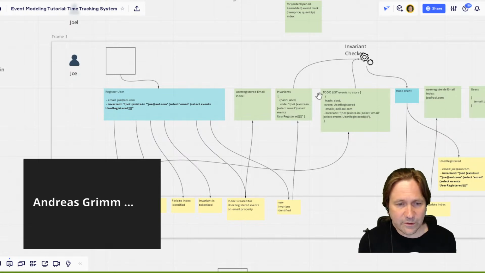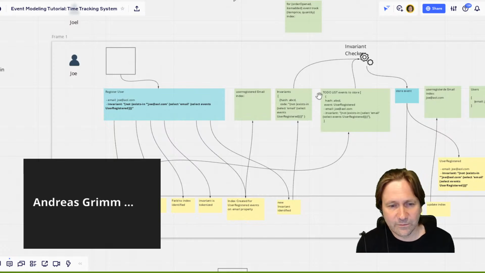Let everyone know, we're not going to be getting into this, but I'm going to mention this stuff in the workshop as food for thought for the attendees. It should be a good basis for everyone to get to the same spot of thinking and getting used to event sourcing and event modeling for their solutions.